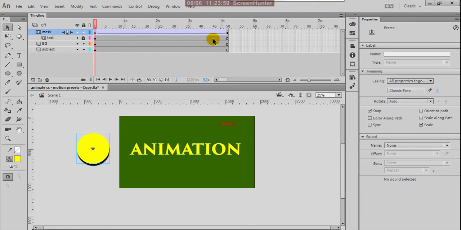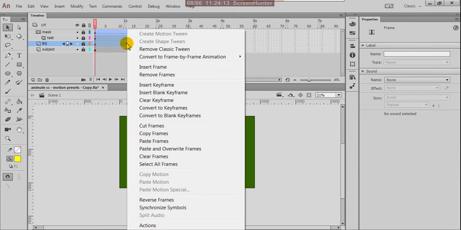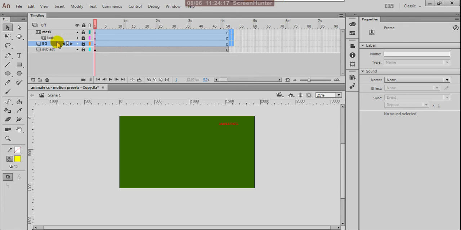Suppose here you can select all the frames, right click and cut frames. Okay, you cut frames, and here insert a new symbol.